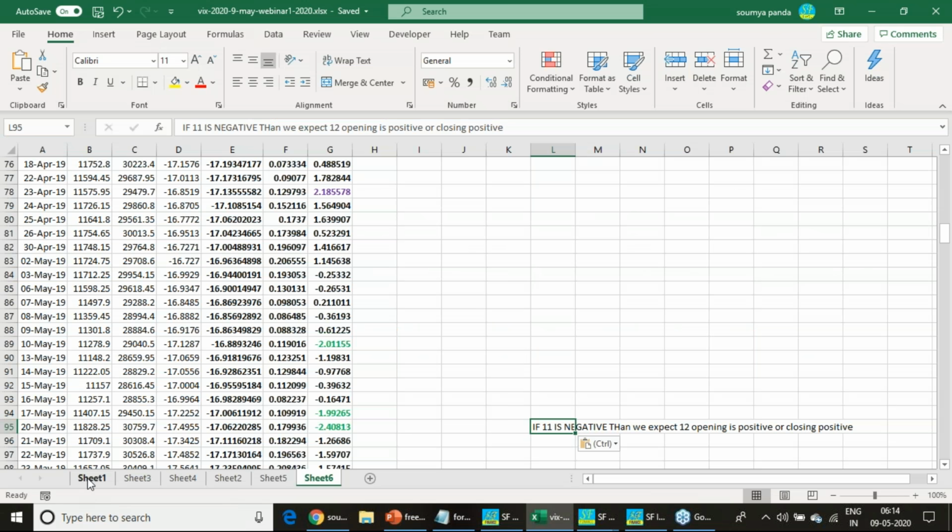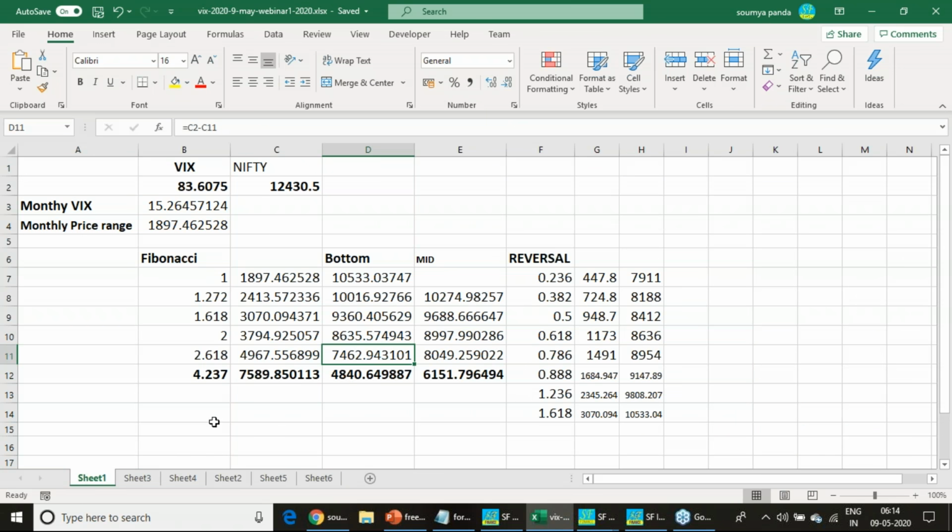So we have done a program on 1st of April. That particular day, whatever calculations we have done, how far those calculations came true. So we have taken a calculation. These are the reversal price points. This reversal price point means the uptrend, after touching these levels, will get saturated. So if you take, this is our calculations,